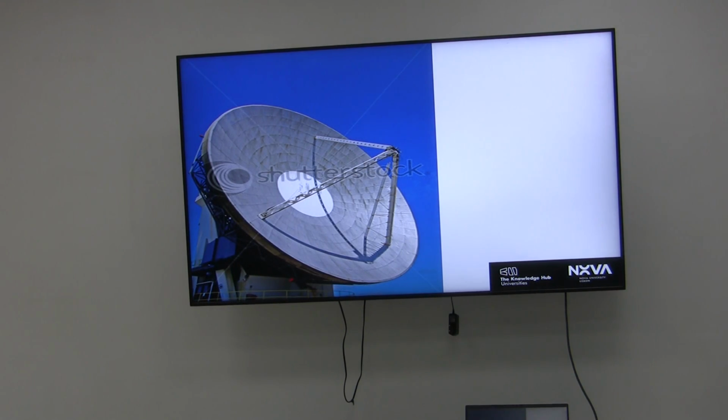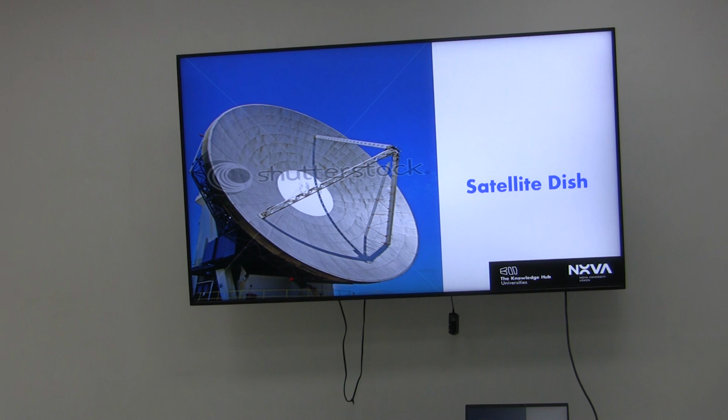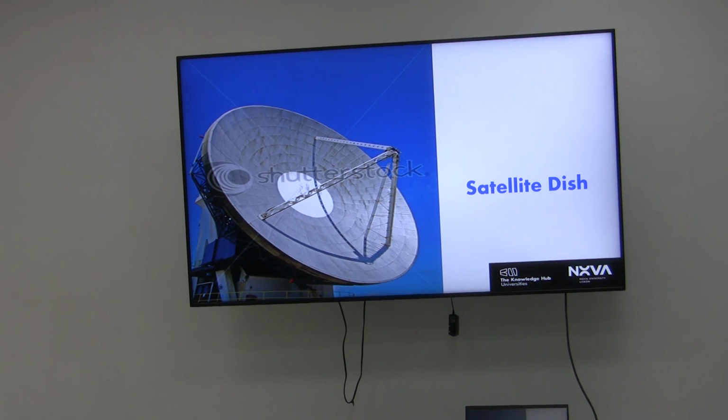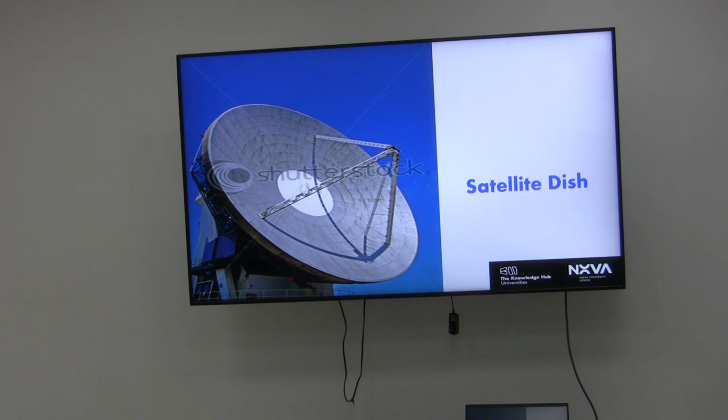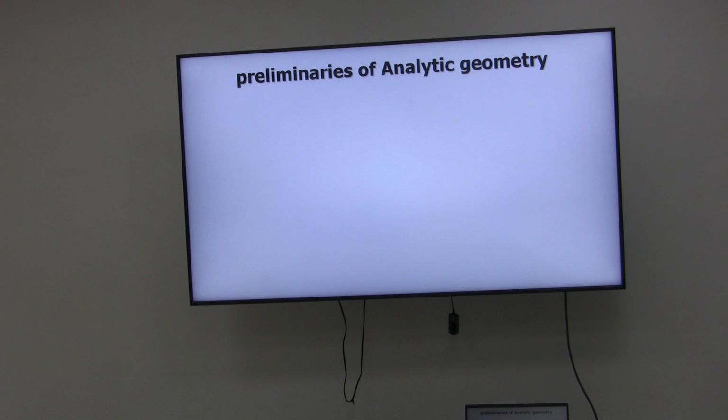Also for antennas, if you are in communication or anything, you will need to know a lot about paraboloids and their coordinates and equations in order to evaluate the focus, where we put our antenna, to be sure that we have most of our waves gathered together, and that's the main purpose of something like this.